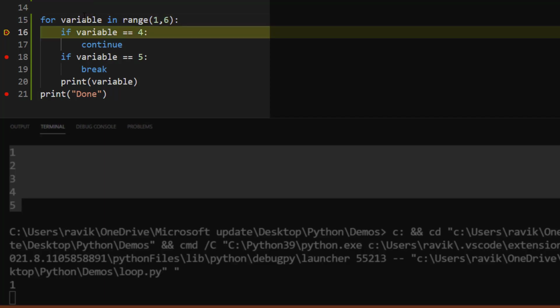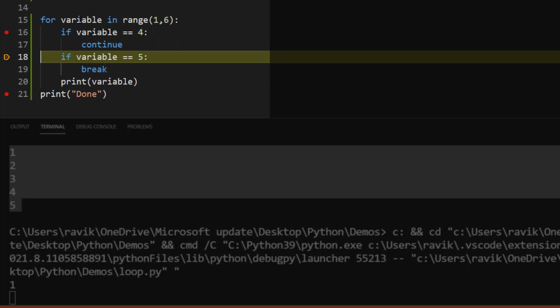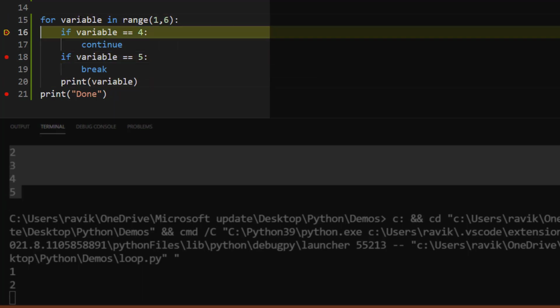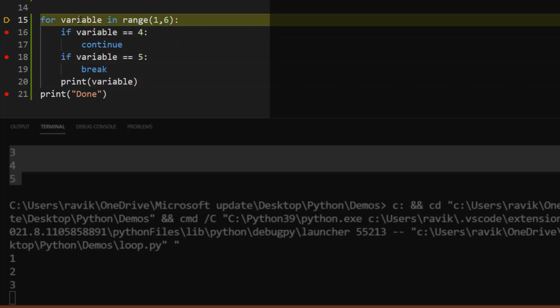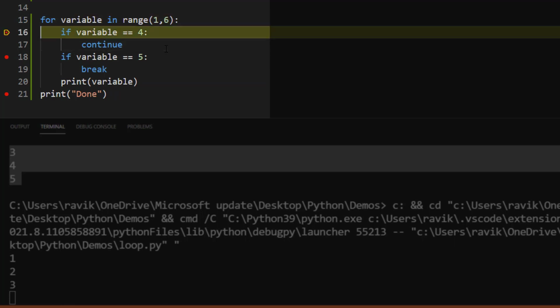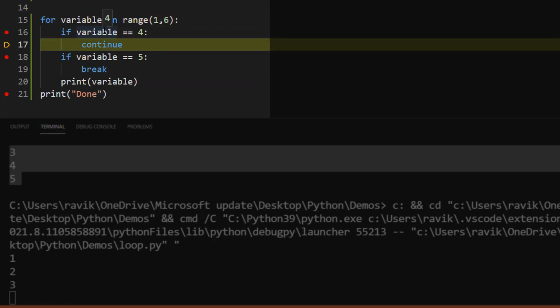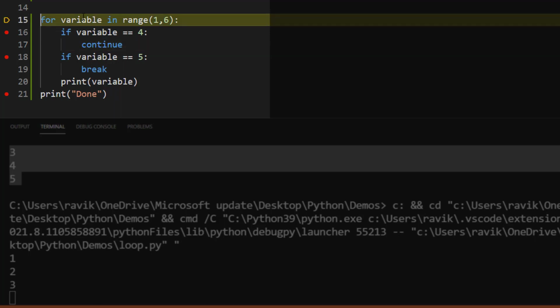The next time the variable is 2, again the condition is false and it will print out the value. Similarly for number 3. Now the value of the variable is 4, so it goes to the continue statement. What continue does is it returns the flow to the beginning of the loop. So these statements are not getting executed.